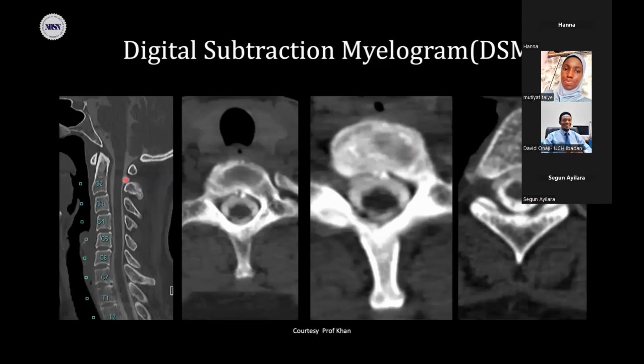So this is also another case where a CT myelogram was done. Then there are two levels of disc-osteophyte complexes seen. Now, the question is, if you see the leakage in that area, which of them is the culprit causing the dural tear? So we see it again, the double contrast sign here, with hyperdense contrast in here, and the less dense extradural